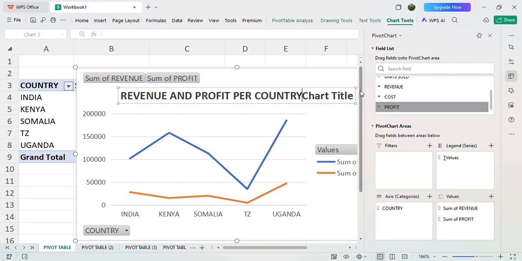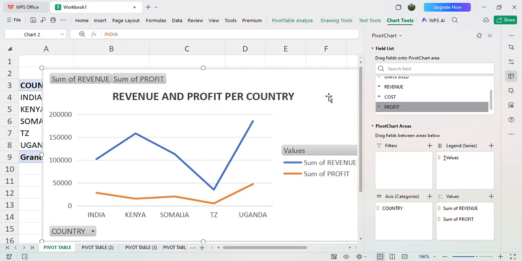So let me analyze, let me delete this one per country, so I can decide to change. I can decide to change the font of this. I can decide to change, to put that to standard red, then italics, then under these